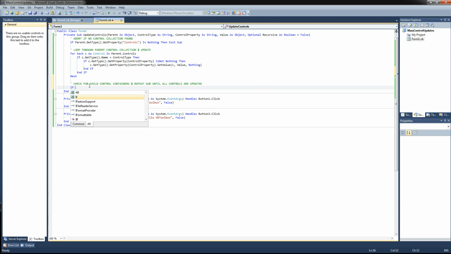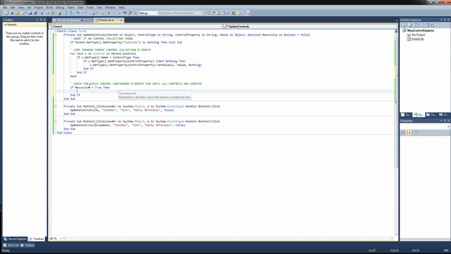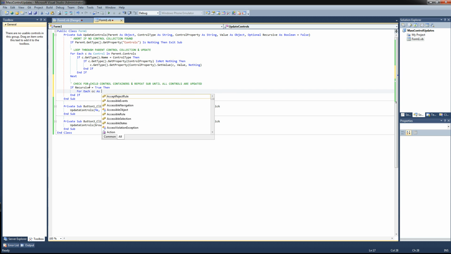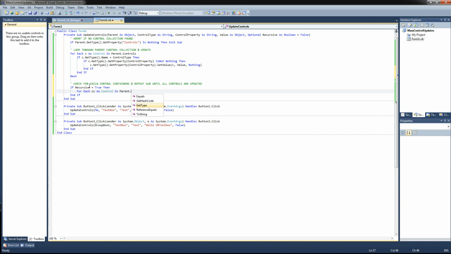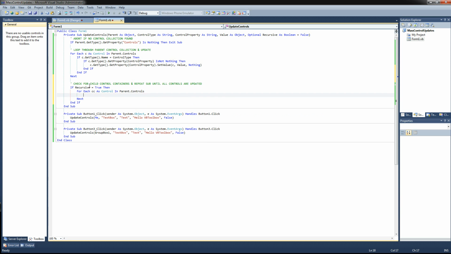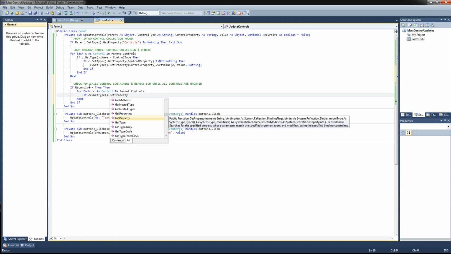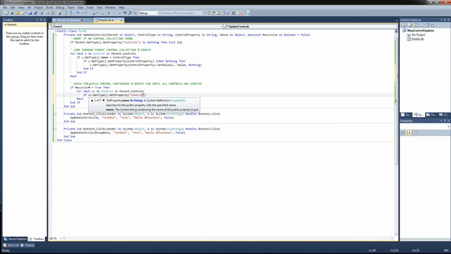So what we'll do is we'll say if recursive equals true, then for each CC as a child container, CC as control, for each control in parent.controls, if CC, gotta get the type, .GetProperty("controls")